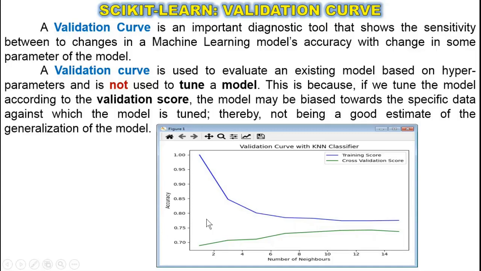a model. This is because if we tune the model according to the validation score, the model may be biased towards the specific data against which the model is tuned, therefore not being a good estimate of the generalization of the model. We look at the graph of the validation curve under the cross-validation score, which is represented by this green curve. We can say that the best model is around the maximum or top of the green curve, which is around here